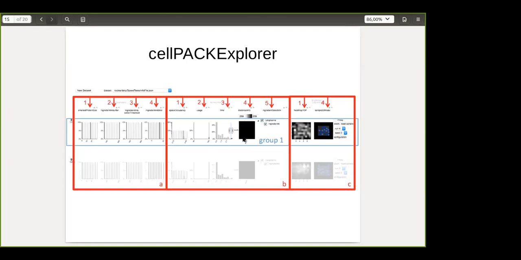The middle columns, 1 to 5 in box B, show the different derived metrics. This bar chart shows the packing time, and we can see here how there has been a filter set on the high packing time. This column here shows the usage of an ingredient, so how many copies of that ingredient have been placed in comparison to how many should have been placed. Next to it, we can see how much space an ingredient occupies of the packing volume,